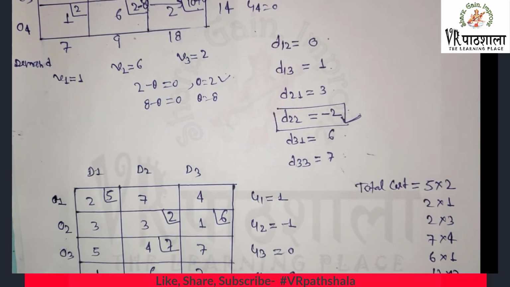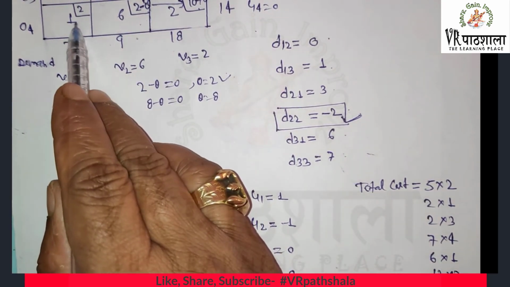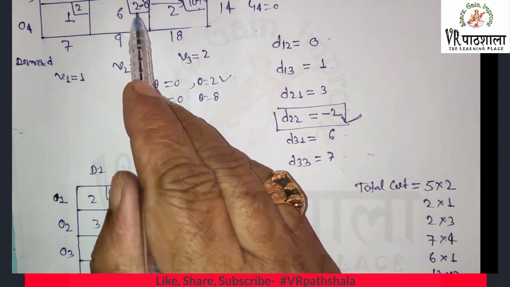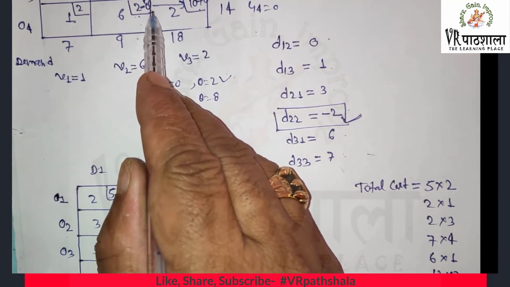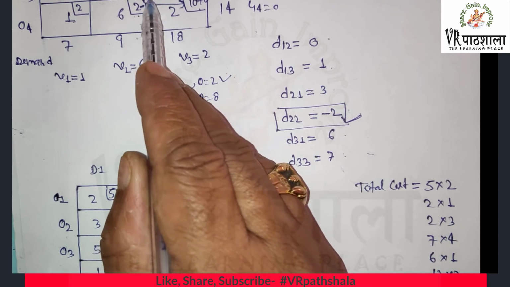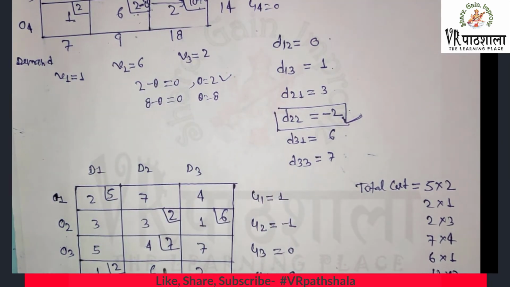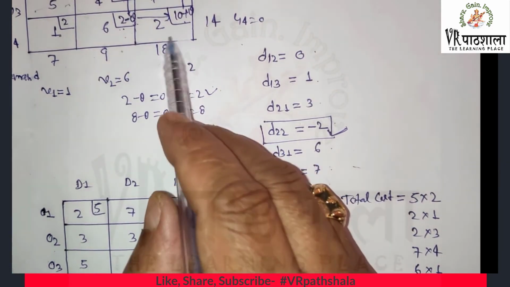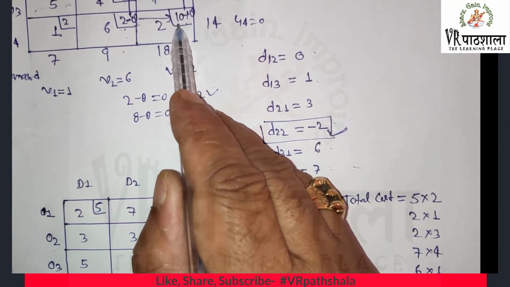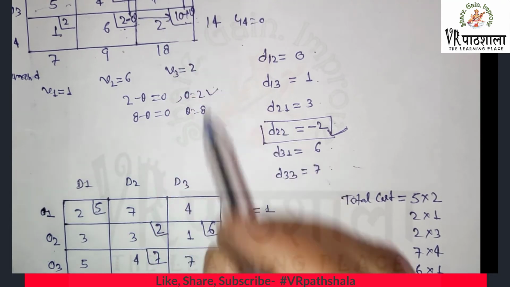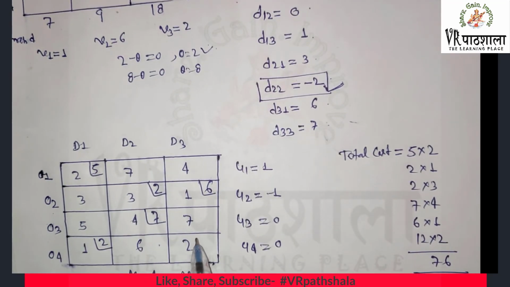Now in the last row, this allocation is the same. Here 2 minus theta, with theta equal to 2, so 2 minus 2 is 0. So this allocation disappears. This allocation is cancelled, and here there is no allocation. Now in this cell 10 plus theta, theta equal to 2, so the modified allocation is 12.